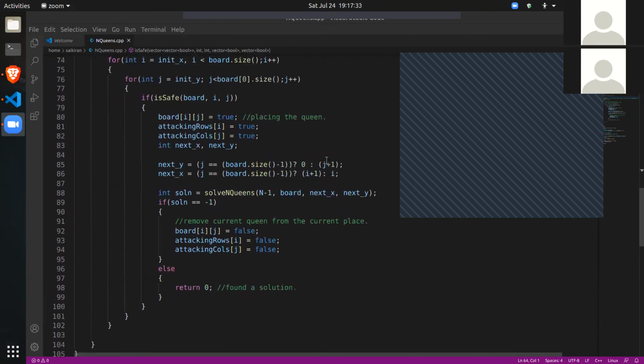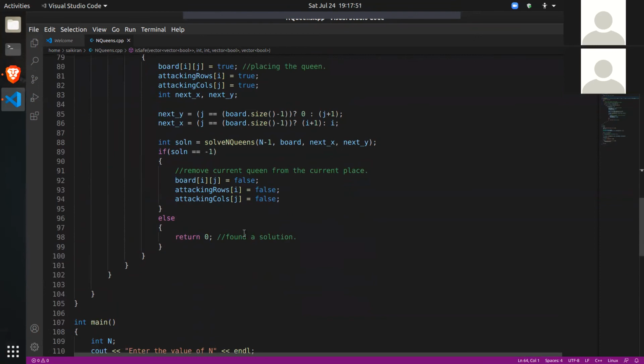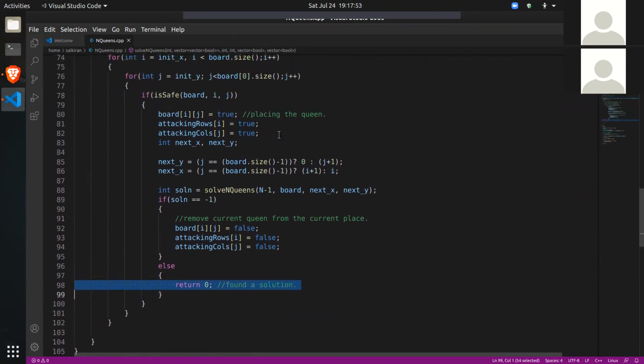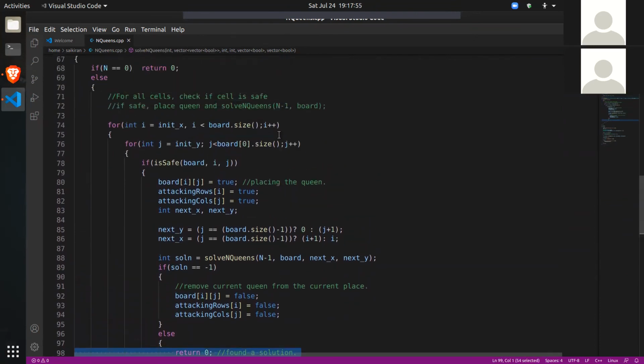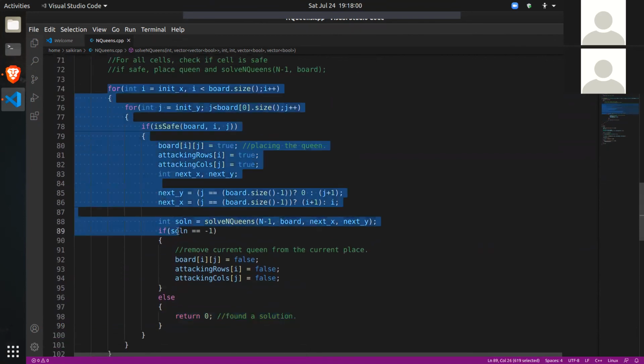Okay, are you guys done? Should I tell you? Okay, so the answer is this. We are returning 0 when we find a solution, but what about when we don't find a solution? That is, this i loop, j loop searched every cell, but they did not find any safe place.